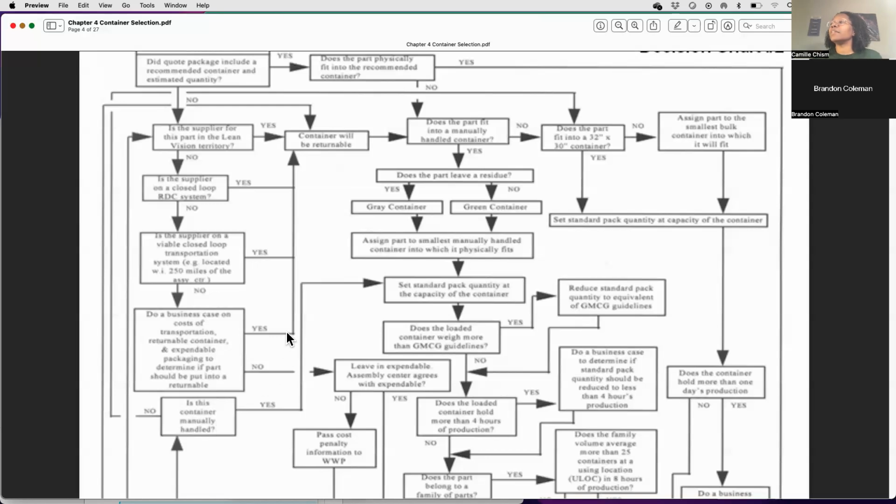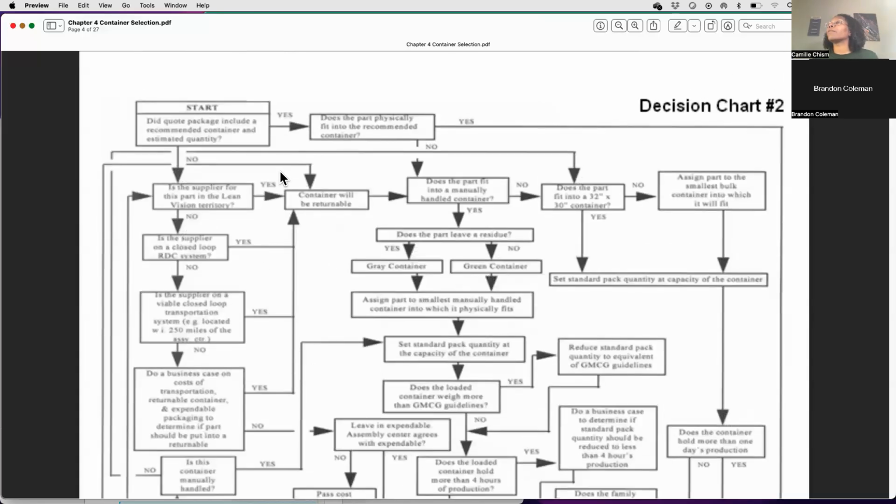And you can see it starts routing them to a couple different other places at this point. Okay, we're going to go back up here. As a part of the lean vision, we didn't know, but they're still trying to drive them towards returnables. If you said yes, then it's already been decided, it's in the contract, it will be returnable. But again,